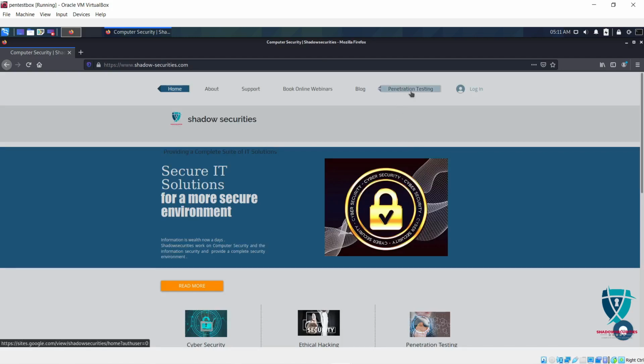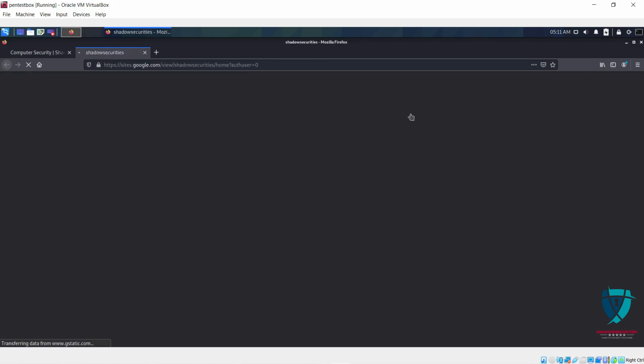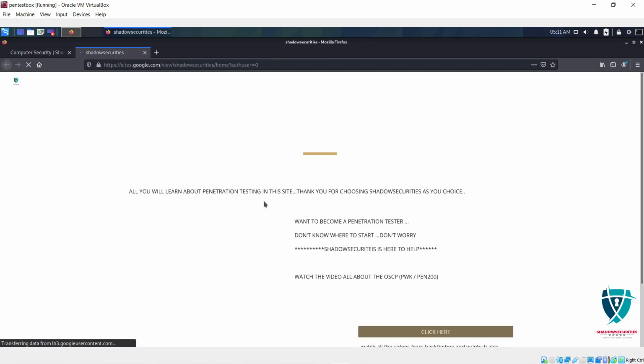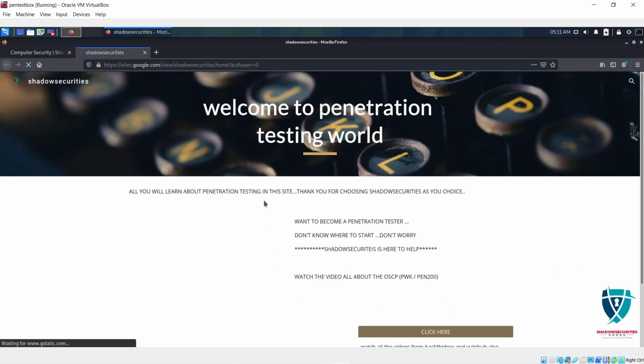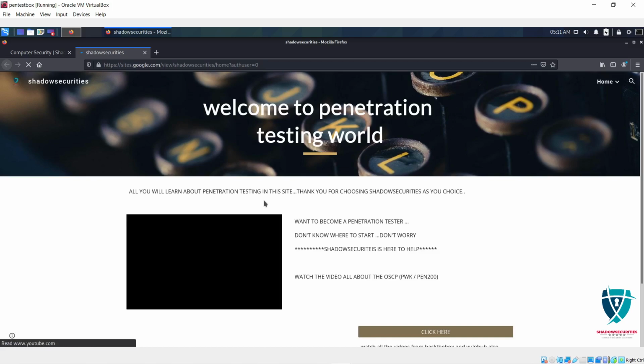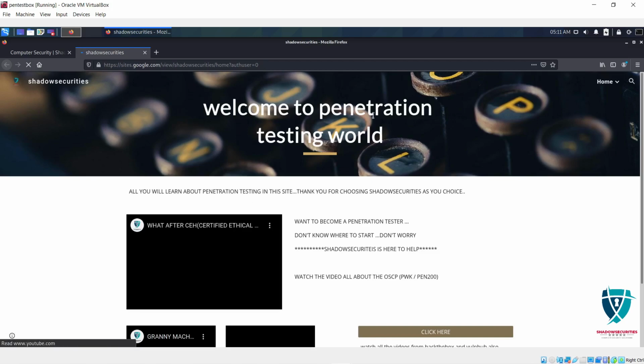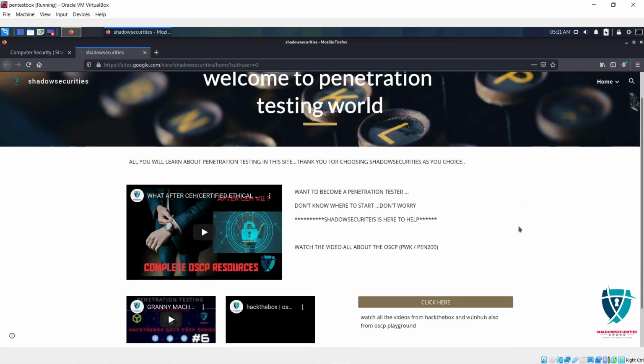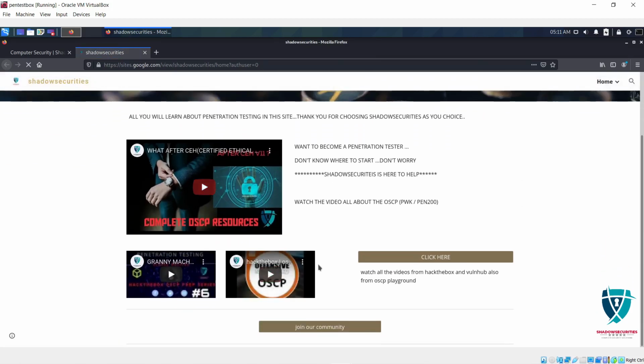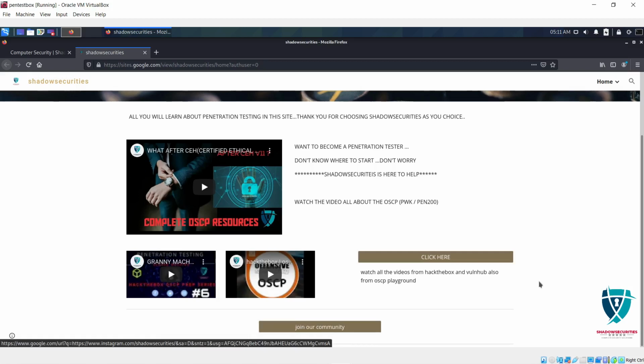We just implemented this penetration testing option here. If we click here, we will enter the penetration testing website, which serves only penetration testing. Here, as we can say, welcome to the penetration testing world. Our recent updated videos will be posted here, and by clicking here we can also see all the solved machines and join our community.